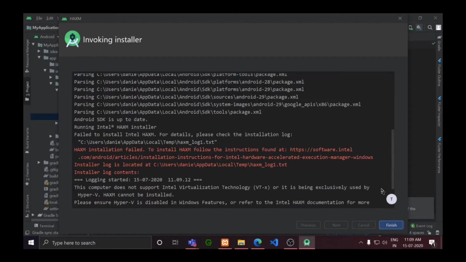Okay. Daniel, do you have Hyper-V enabled on this computer? No. Okay, I think that's the problem. Actually, you need Haxum for AMD processors also, because Haxum is more of a